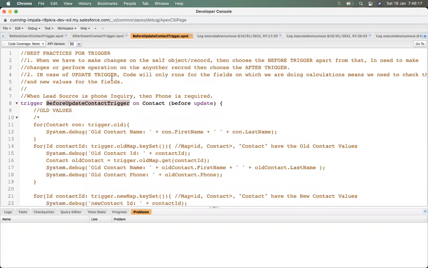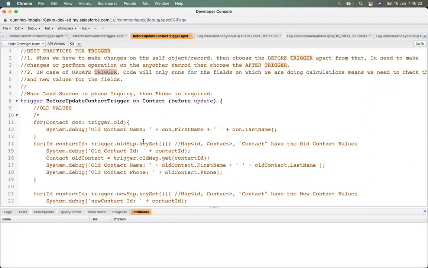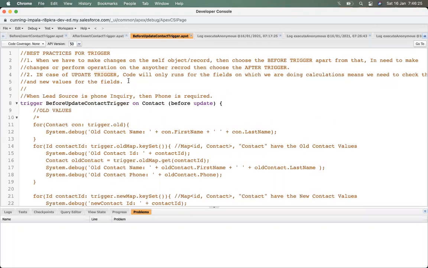Okay, one more thing. There is a concept that for any object there will be only one trigger on it. That's a very important point.